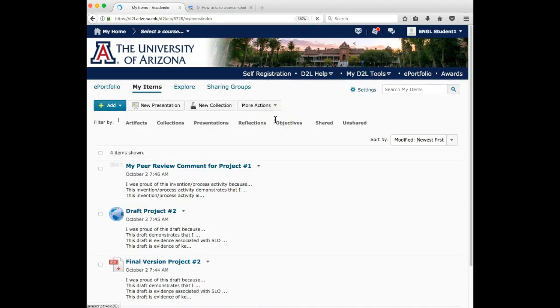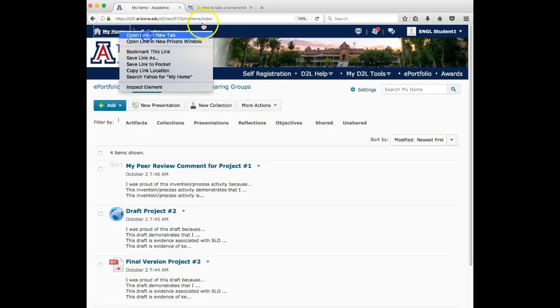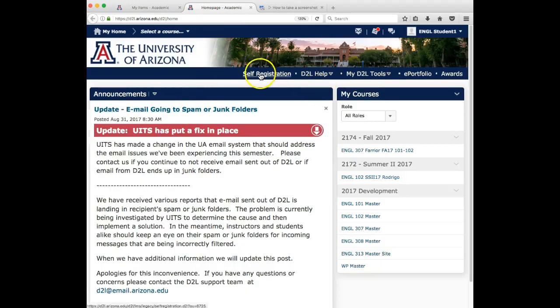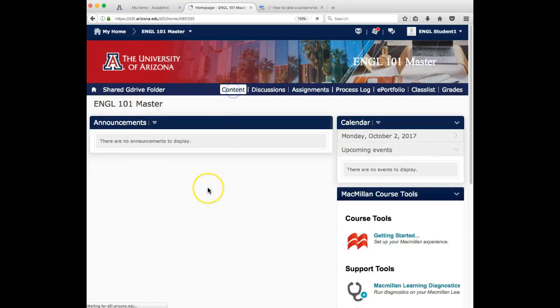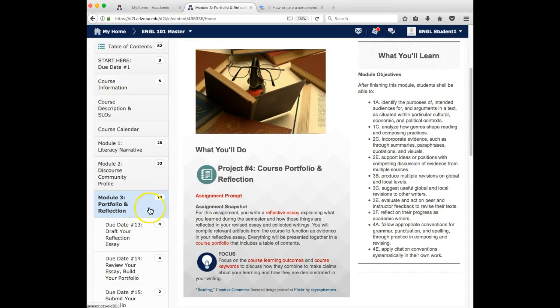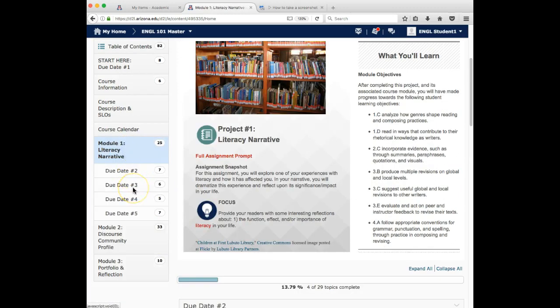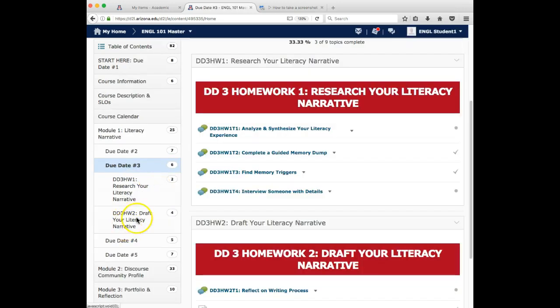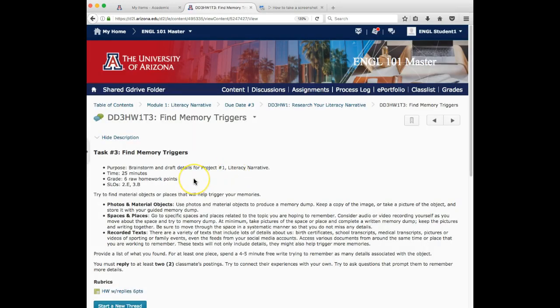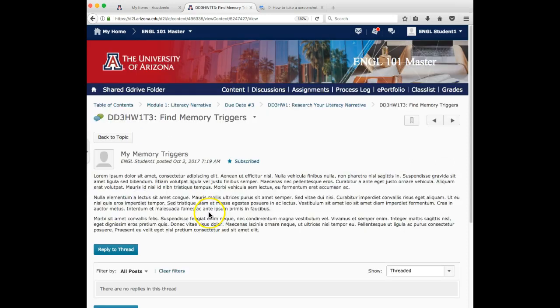Similarly, say you had a discussion board posting that worked really well for you. So you're going to go into the discussion board and you're going to find the posting. Which one do I have here that might work? I think I put one here. Here we go. So I'm in my posting. It's by my English Student 1 example. And again, I'm going to take a screenshot of my posting